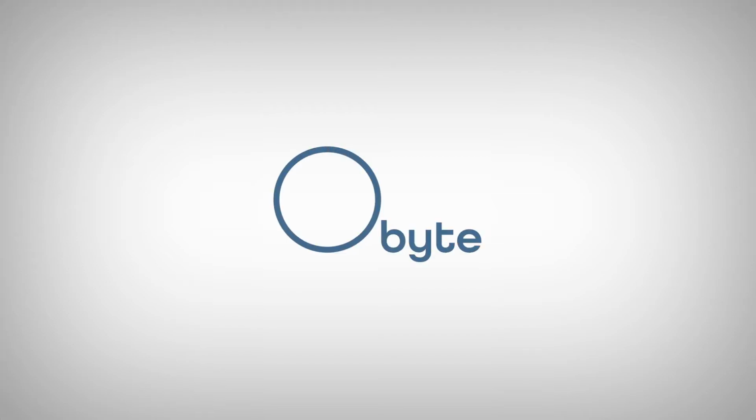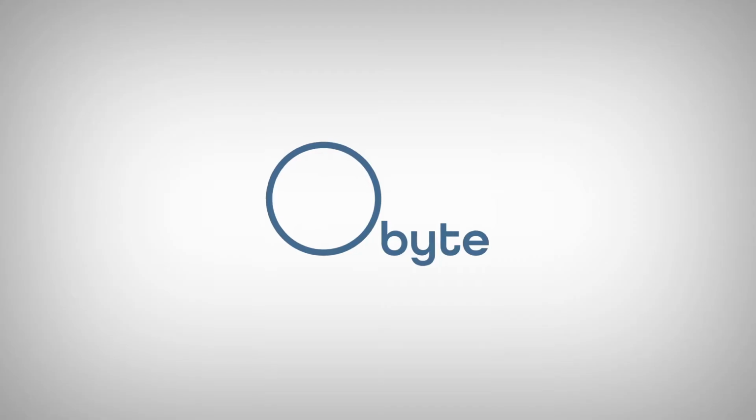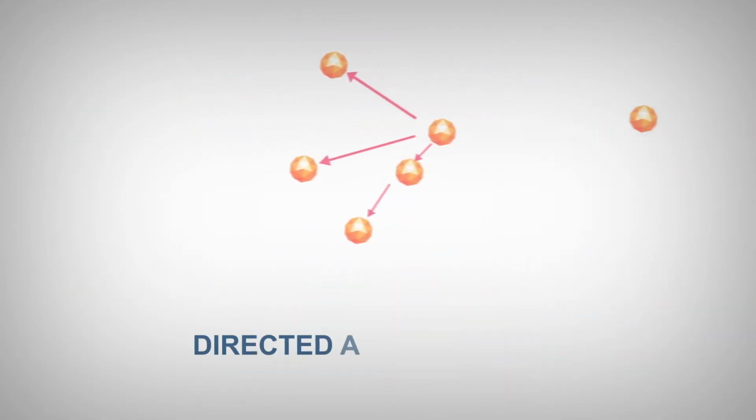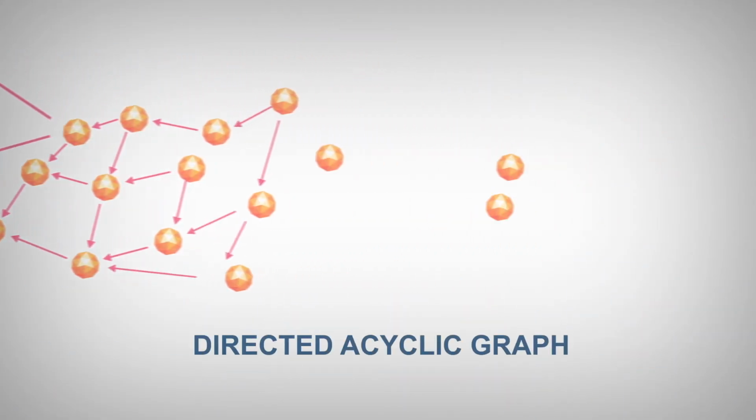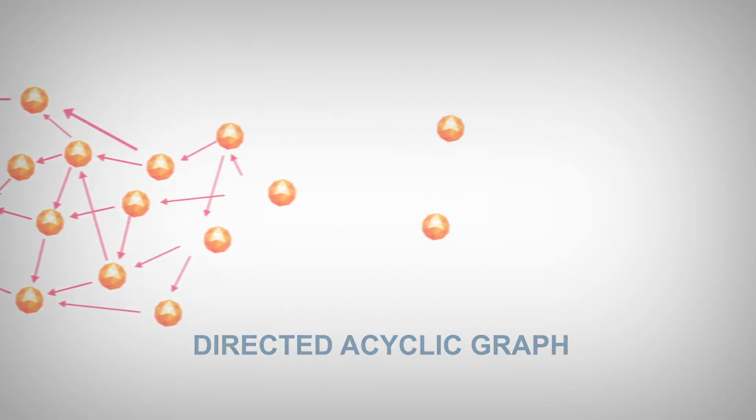Today we're going to talk about how Obyte works. Obyte uses a mathematical concept known as a DAG, directed acyclic graph, to maintain its distributed ledger. Let's break that down. First, the graph, a structure consisting of points, or in Obyte's case, transactions, that can be